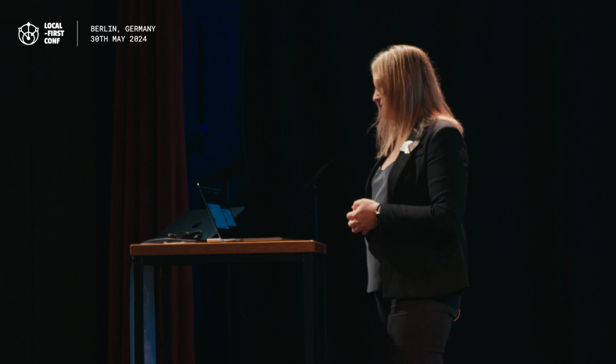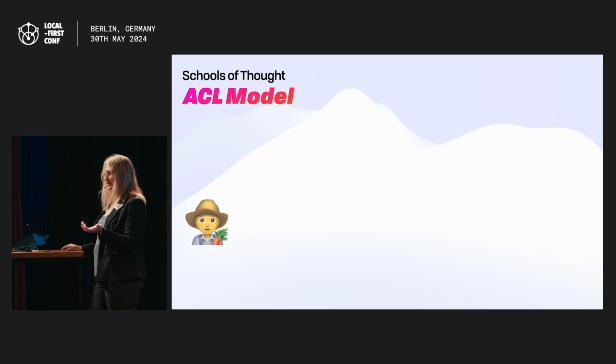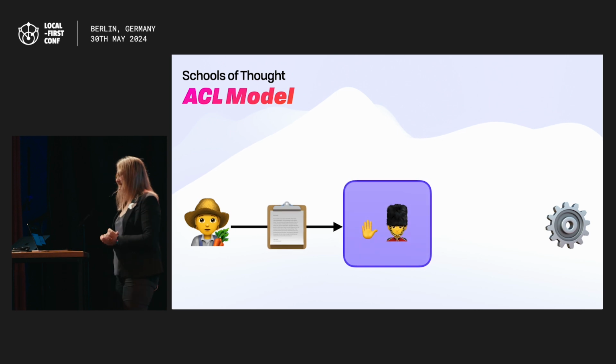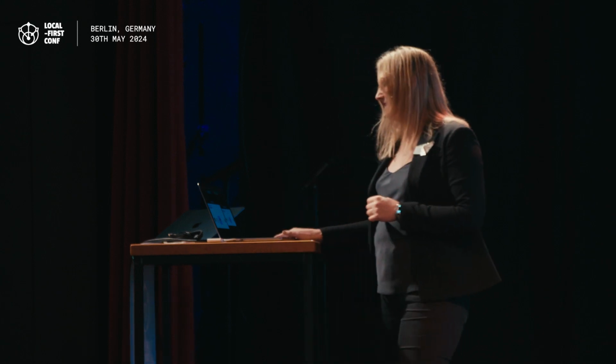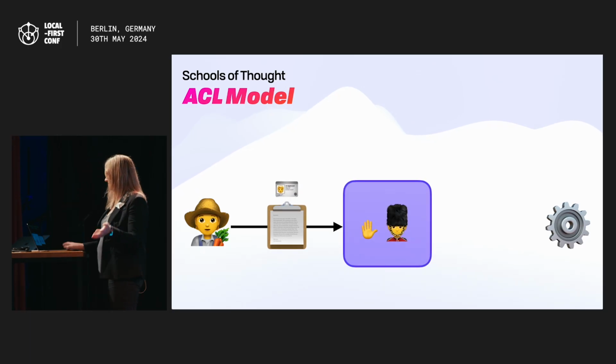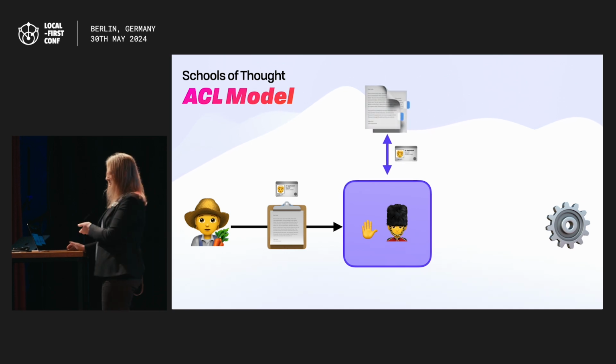So just as a quick review, you have a user, they want to access some resource. So this is a server or a CRDT or something. And they make a request, and they're stopped by some process. And this basically acts like a bouncer. And it says, show me your ID. And I'm going to compare that to my list. And I'm going to check that your request says that you're allowed to do these things. And if so, if you're on the VIP list, you're allowed to send that through.